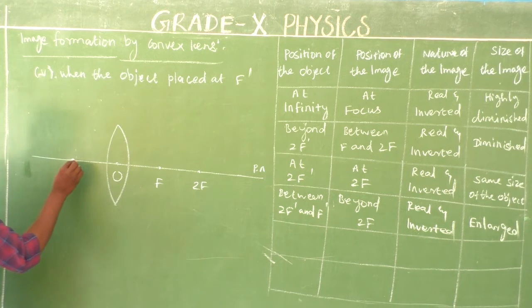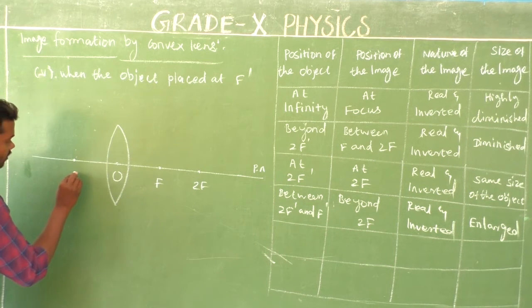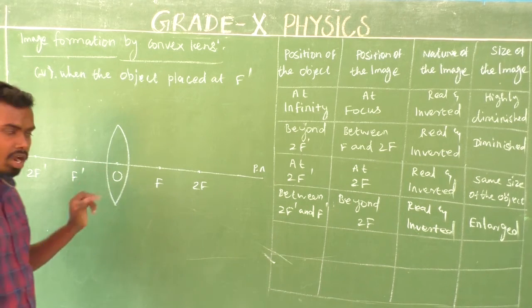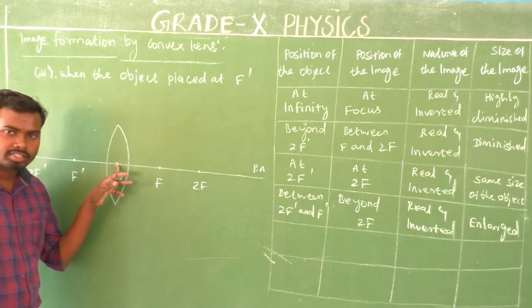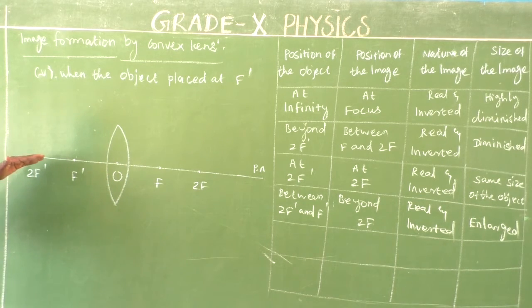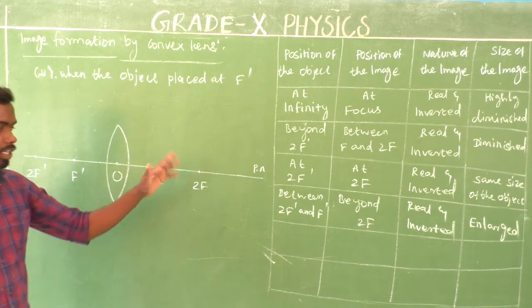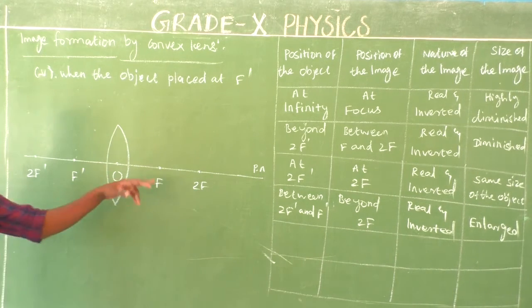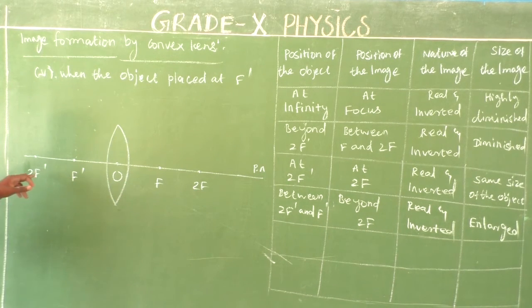Even on the left side, this is the second focus, that is considered as f dash. Then this is 2f dash. Is that clear? First consider the convex lens. The center point of the convex lens, that is optical center O, denoted by capital letter O. Next, an imaginary line which passes through the optical center, that is the principal axis. Then this is focus, the twice of its focus, 2f. Then this is the secondary focus, the secondary twice of its focus. Is that clear? It means focal length.